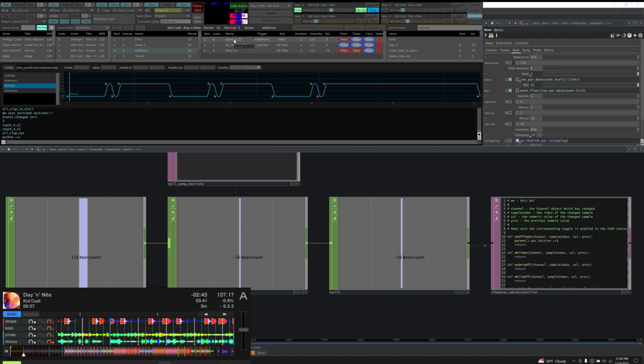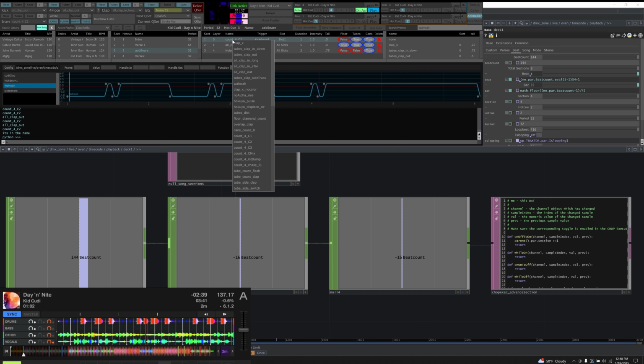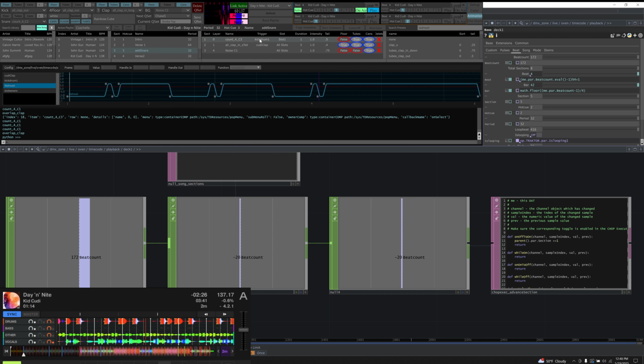So I'll just keep that really quiet now and show you that if you left click on these names, then all of the presets that we've created in our list are available to pick, and we can kind of change them as we go.